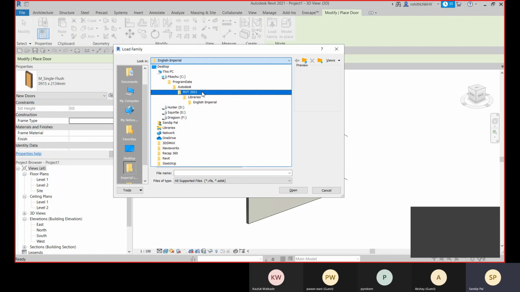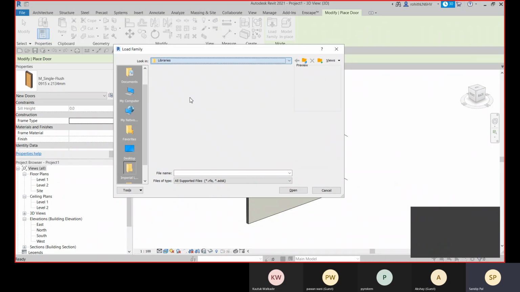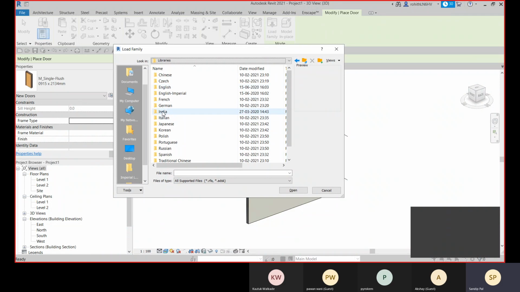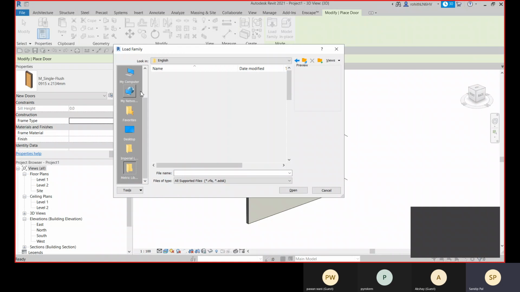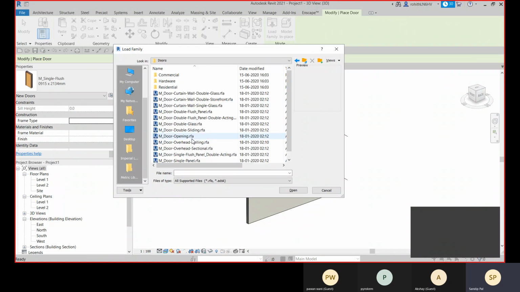If you are using 2019, you will get that RVT 2019, and within that folder you will get the libraries, and then you need to choose either India or English if you are working with metric units. If you are working with feet and inches, go with English Imperial. Okay, in India we don't have that much, so go to the English folder and there you have this door and you can choose the right one.